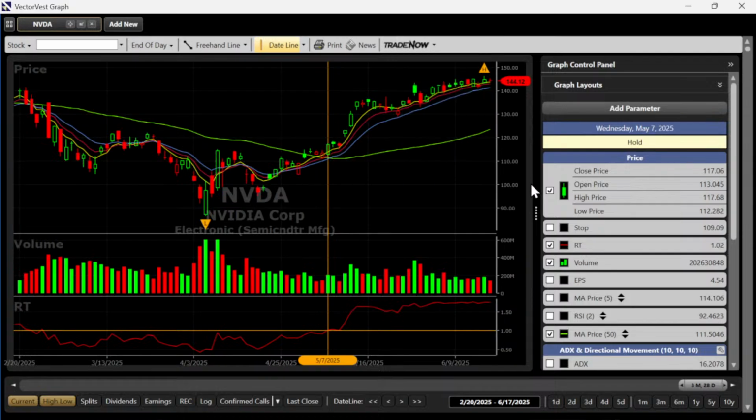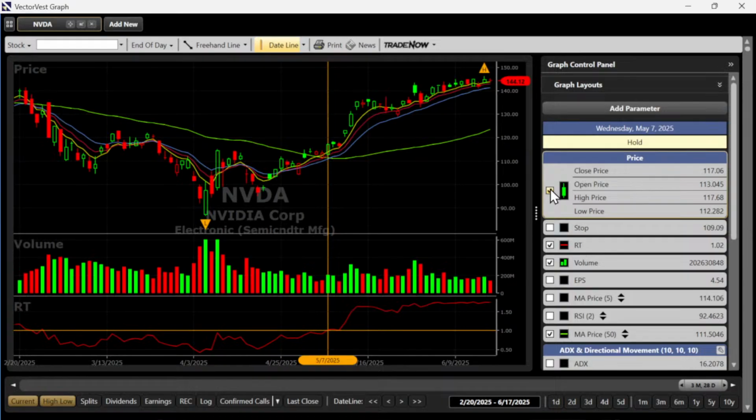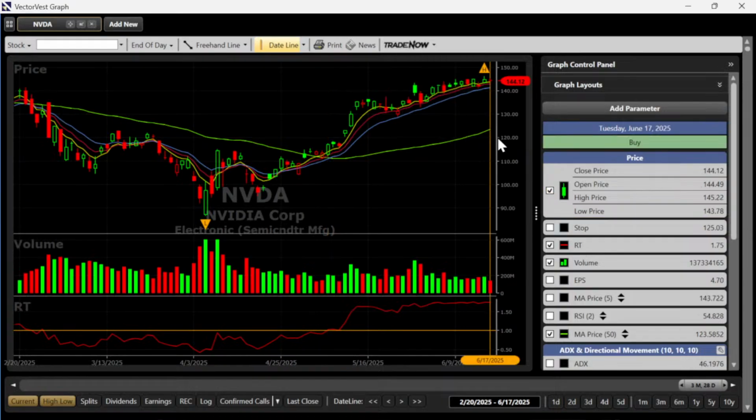And look at what would have happened too if you would have taken this trade way back on May 7th. There was a little bit of noise here, right? And a big down day there, selling pressure. This system didn't shake you out of this trade. The 5-day EMA never went below the 8 and the 13, so you'd still be in today. It's not a setup today, but you'd still be in the trade if you bought it back there.